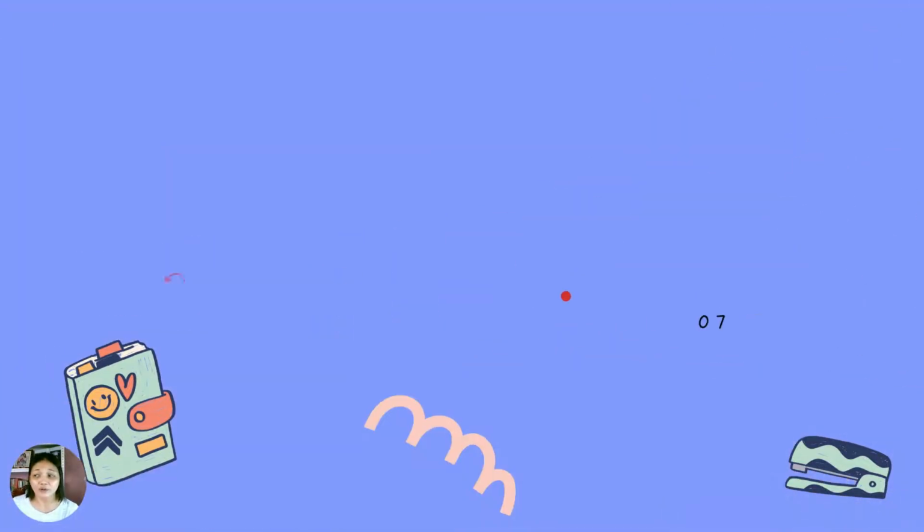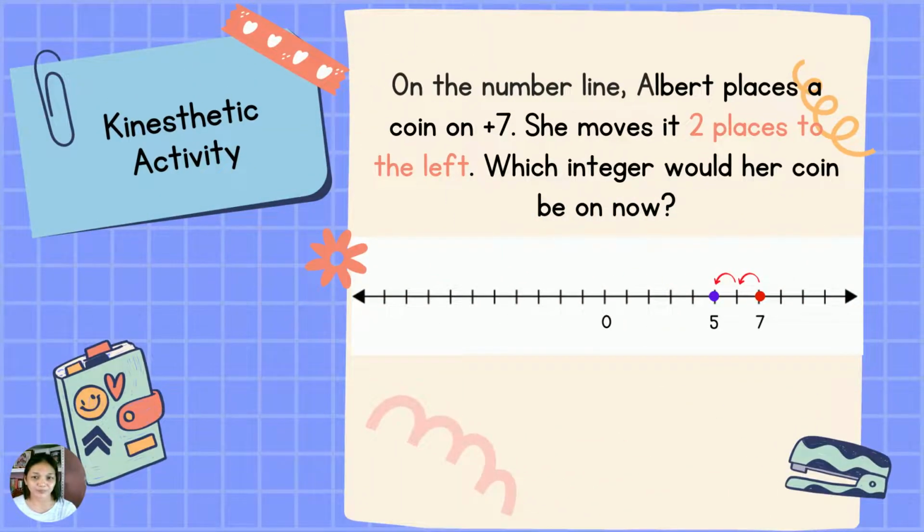Alright. And what could be the number? If your answer is 5, then you are correct. Very good, very good. Ayan. So, our integer is 5 now. Nandun na sa 5. So, ganun lang kasimple how to use number line in integer. Ayan. Okay, so now we're going to